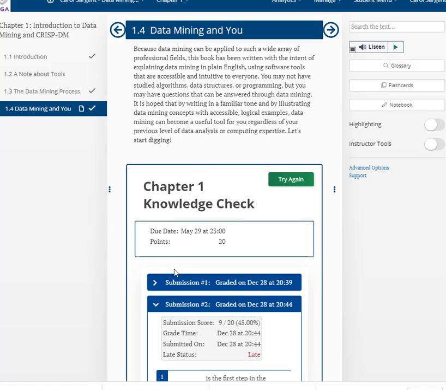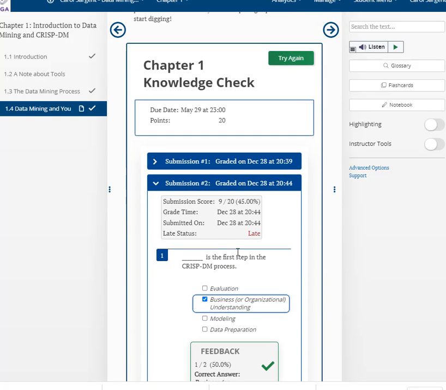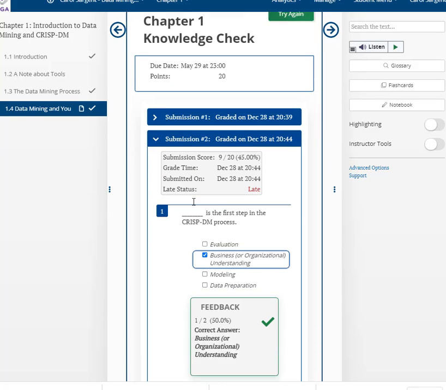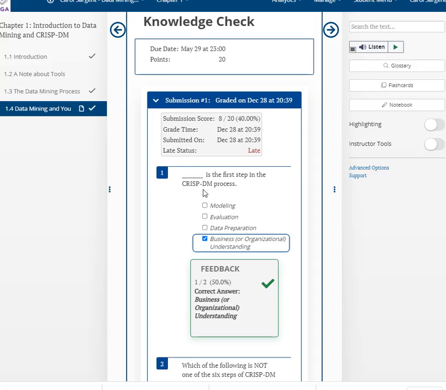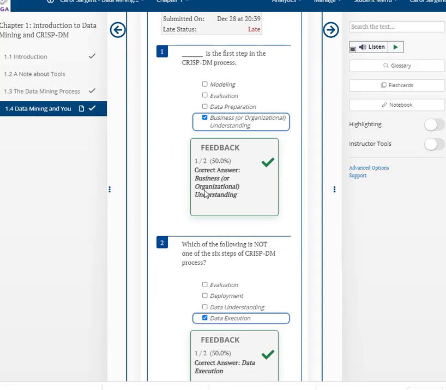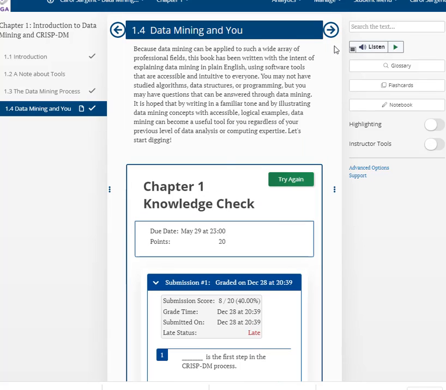So here's a knowledge check in the middle of chapter 1, and these count. So you'll want to answer them, and you can answer them more than once. So if you get it wrong and you want to try again, you can do that. At least my understanding is that my settings are set that way. So if for some reason you find out that you can't, do let me know. My goal is for you to get them right, and so I want you to keep trying until you get them right. That's called mastery, and that's what I'm interested in.